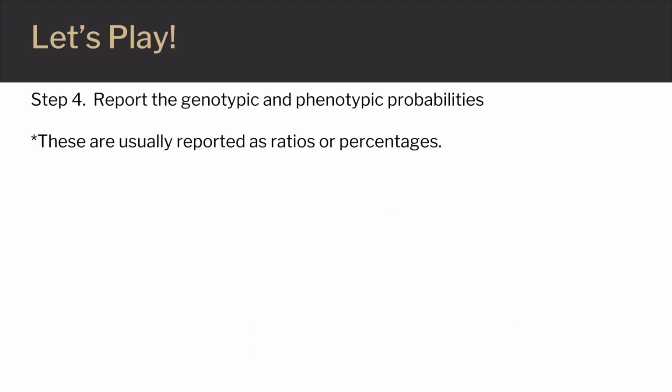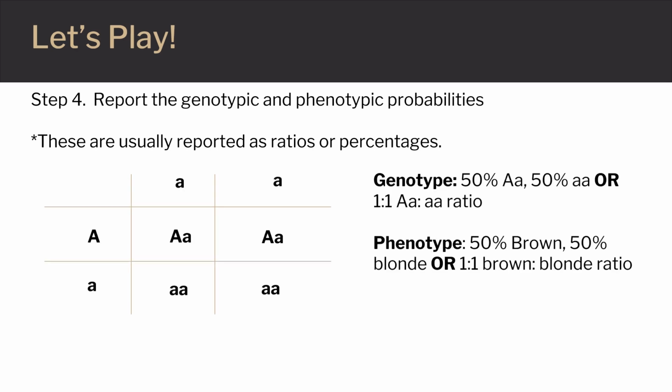The final step is to report the findings. We want to report these as probabilities or percentages. There is a 50% chance that the kid from this couple will have a capital A, lowercase a genotype, and a 50% chance he or she will have a lowercase a, lowercase a genotype. There's also a 50% chance that the kid will have brown hair and a 50% chance that he or she